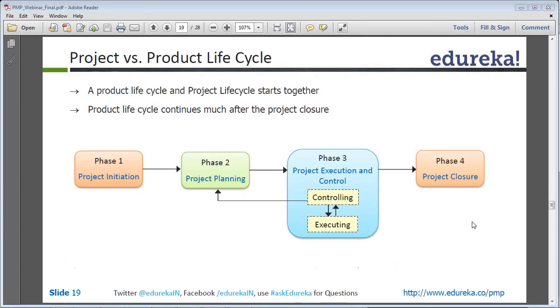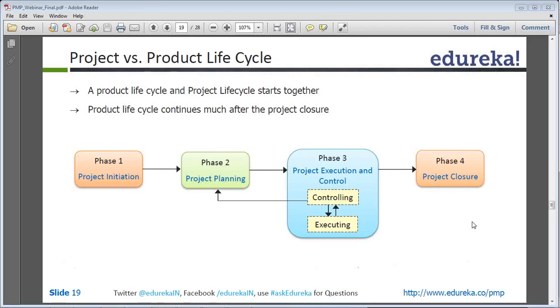So we also need to understand that there are two life cycles that a project manager manages. One is the project life cycle, that is from when the project starts till the end when the product is delivered. So a software is delivered for a software implementation project. Whereas there is also a product life cycle. So your product is your software. Now it starts from the time when the project has started, but it ends not with the implementation of the product,